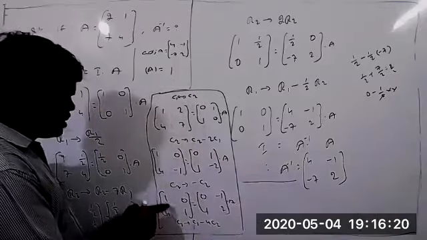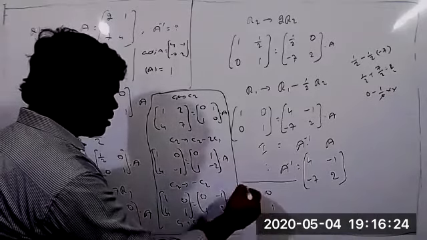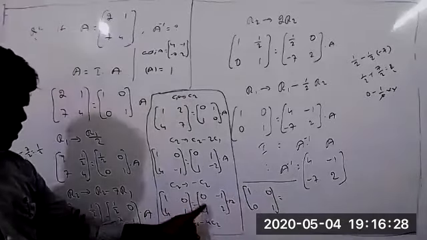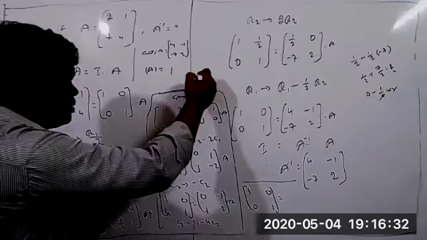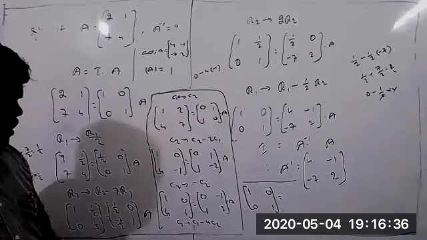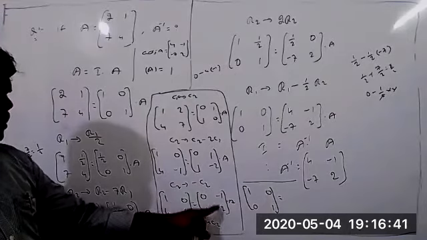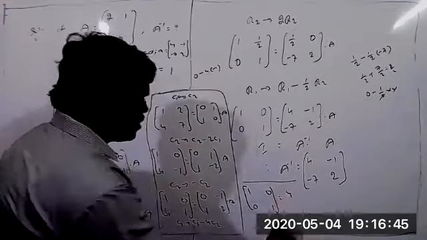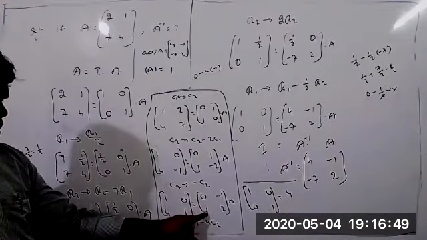Now C1 you can change this value to 1 0 0 1. Here also you can change now. So 0 minus 4 into minus 1. C1 equal to actually how much is the value? 0 minus 4 into C2 equal to minus 1. So minus of minus 1 equal to plus 1. This value equal to 4. This value equal to how much? 4 now. Next, the second element now.